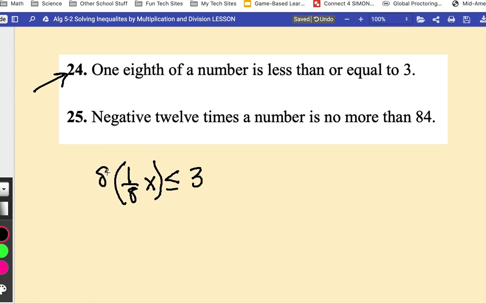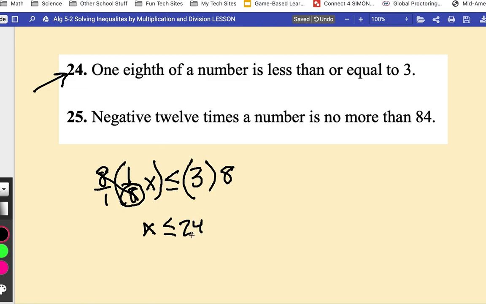And in this case, if they leave it as a fraction, you can think of it as multiplying by the reciprocal, even though you are technically just multiplying by that number down there, which is 8. But I think the reciprocal way of thinking about it's probably a little less confusing. So flip that thing around, multiply by it, so you get 8. Because we're multiplying by a positive number, we don't have to worry about changing the sign around. So our 8's cancel, and you get x is less than or equal to 24,